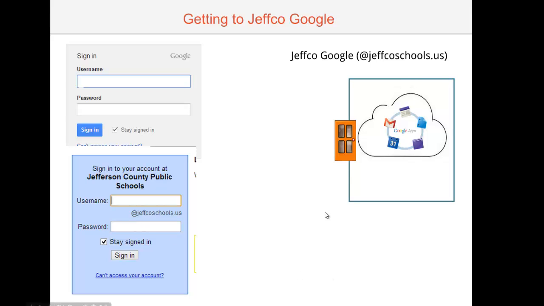If you just want to go to Google, the public route, where most people will just try drive.google.com, they'll just type that into their browser, or they'll type in docs.google.com, you will need to add the @jeffcoschools.us part yourself. So for the top example, I will type in jjohnson@jeffcoschools.us, so it makes sure to send me to the Jeffco domain. If I just type in jjohnson, it will assume I'm at jjohnson@gmail.com and will not take me to the Jeffco